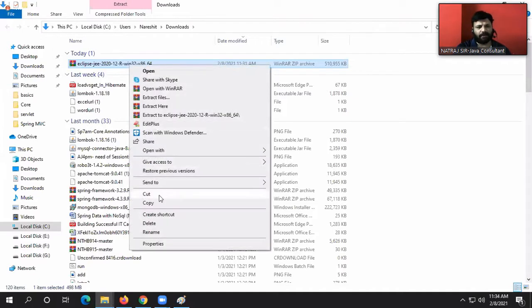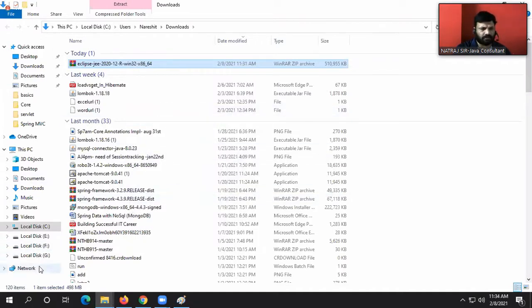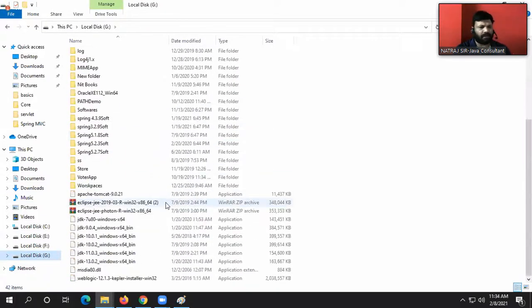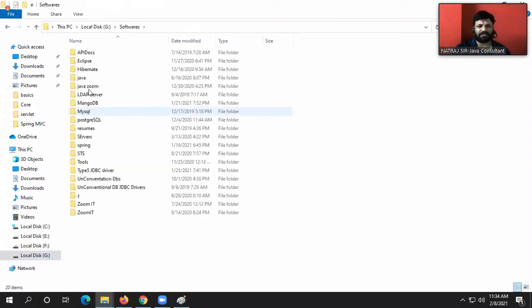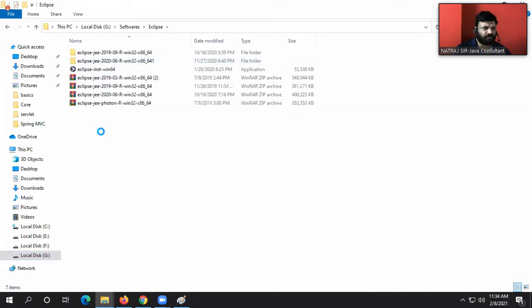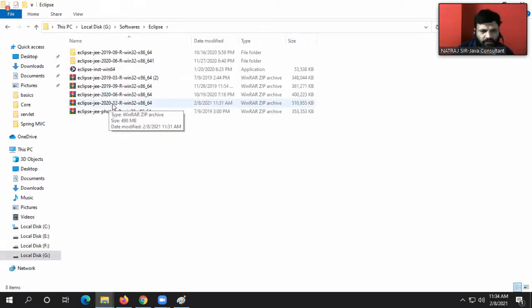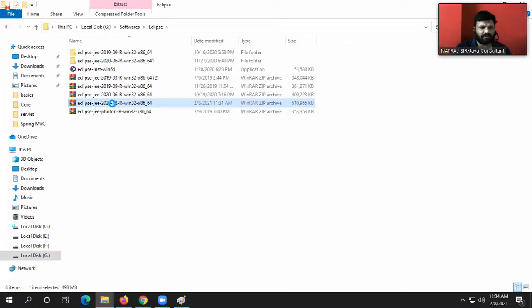I'll take the backup of it. Here is the backup code, guys. Softwares. No, I'm just preserving what I download, nothing else. Softwares, Eclipse, save, paste. Nice.